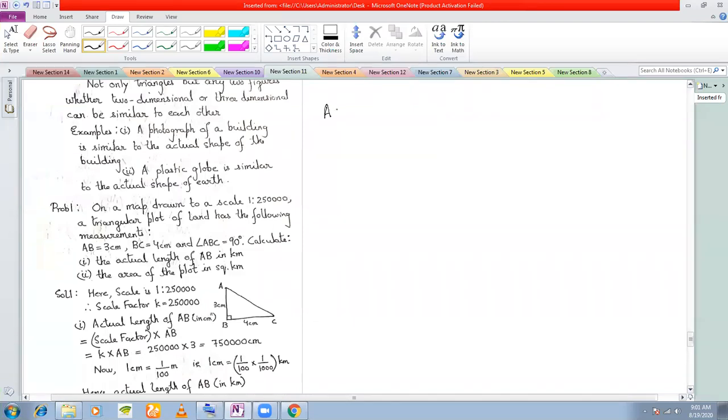actual length must be equal to this k. This k is called the scale factor, into length of the model, or length in the model. Actual area is equal to k square into area in the model,